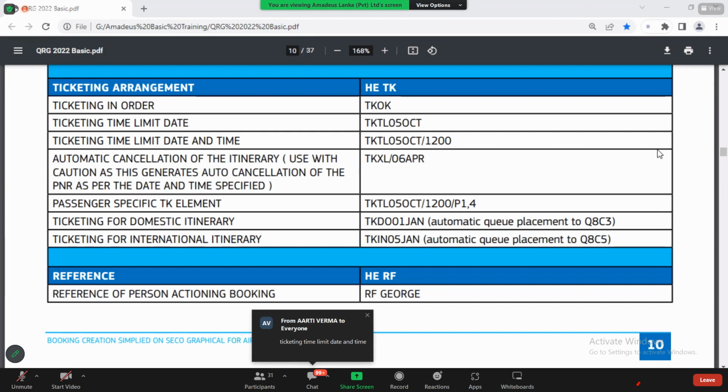Ticketing time limit, date and time. See, the ticketing time limit. Here, the ticketing time limit will be provided by us. So this is the time limit which you provide or which you take by yourself. That is not the airline's. Now tell me,